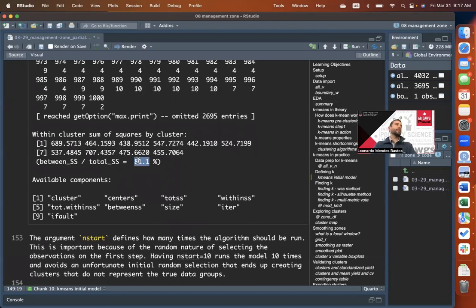And that is expected, right? You're giving the algorithm more freedom to create more clusters, and that helps you to explain more of that variability. However, there is a trade-off, right? Again, if you were working with a field that does require 10 zones, then great, go with k equals 10. However, if it's a field that requires maybe only 2 zones and you say that you need 10, then you're